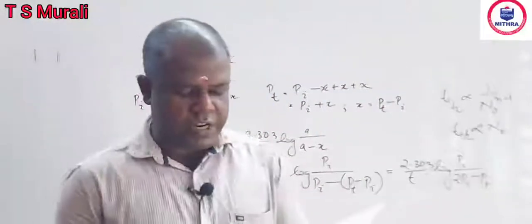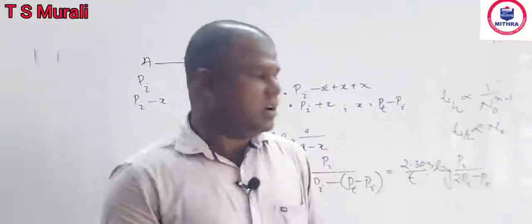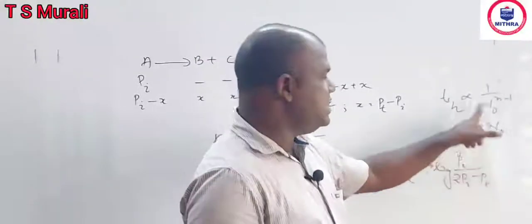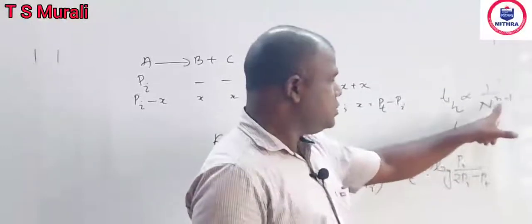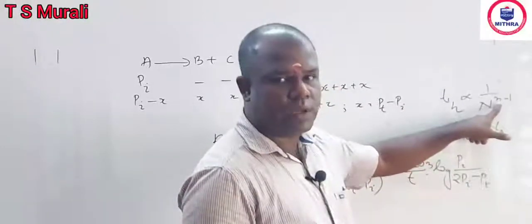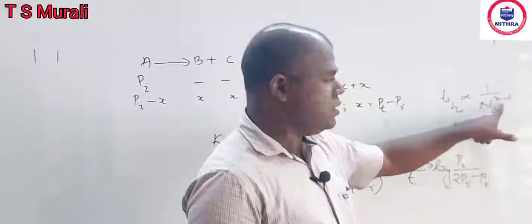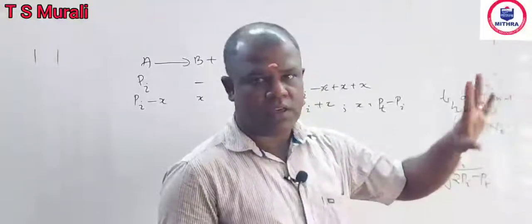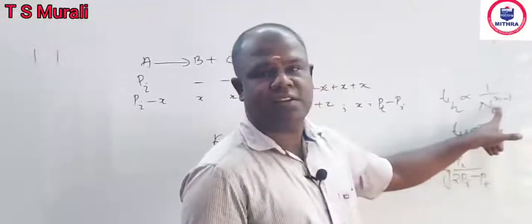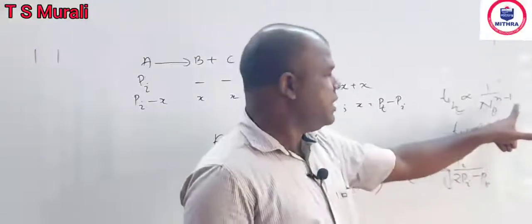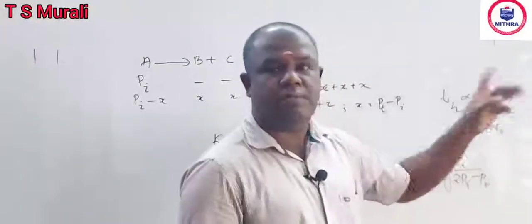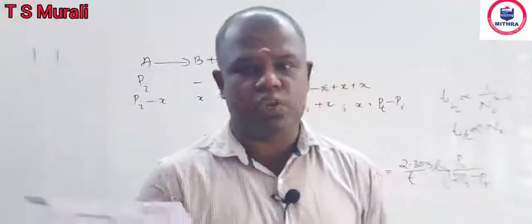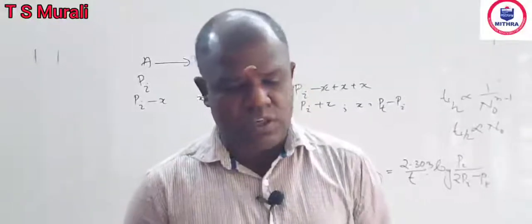The question: initial concentration of the reactant doubled, half-life also doubled, means this is the relation now obtained. How are you getting this specific relation from this general formula? Suppose here 2. Imagine 2, 2 minus 1, 1. So when we take n as 0, a zero order reaction, it becomes minus 1. So when we take it to the numerator, it becomes plus 1. So the order of the reaction is particularly zero order. And also you know half-life is directly proportional to initial concentration. That is a specialty of the zero order reaction.